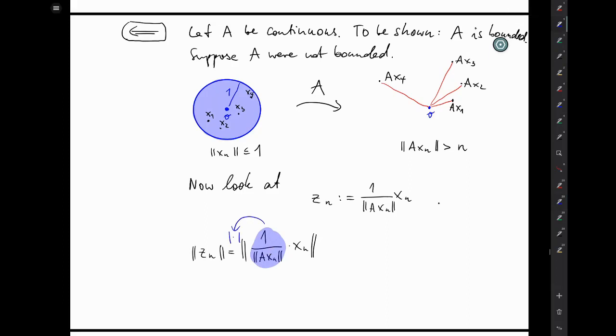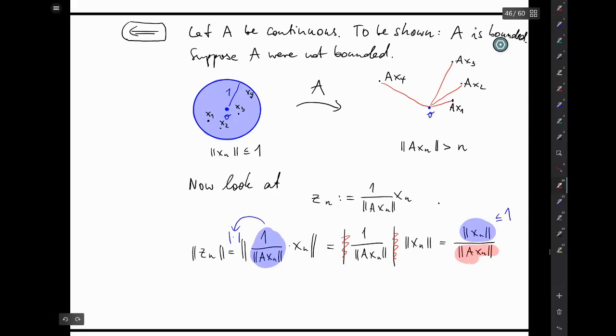So we arrive at modulus of 1 over norm Axn, and of course times the norm of xn. Now it's clear that we can drop these modulus signs here because the number inside is already real and non-negative. Okay, now this is just the quotient of two real numbers, where this one remains bounded by 1, and that one